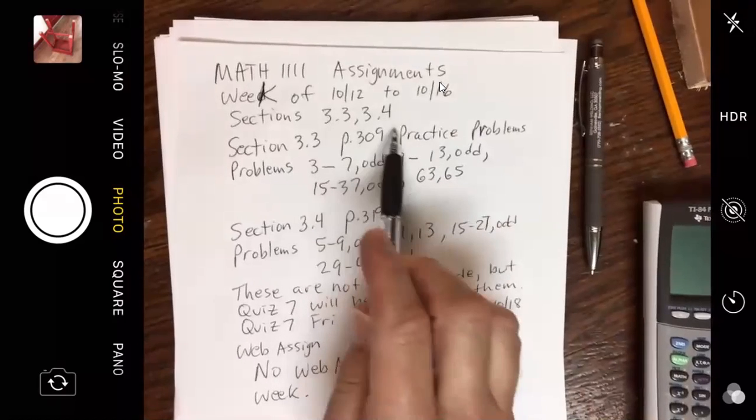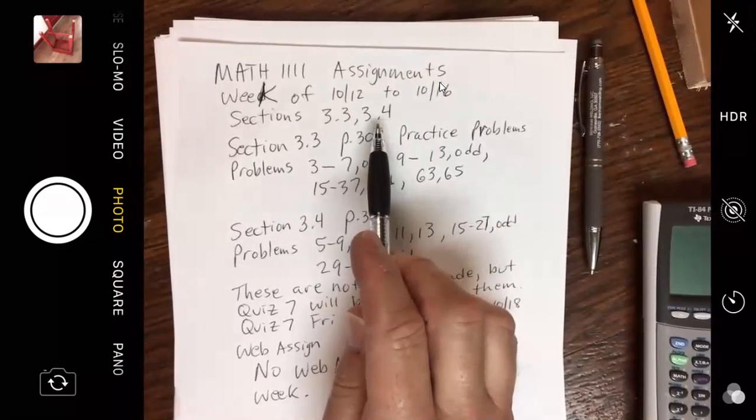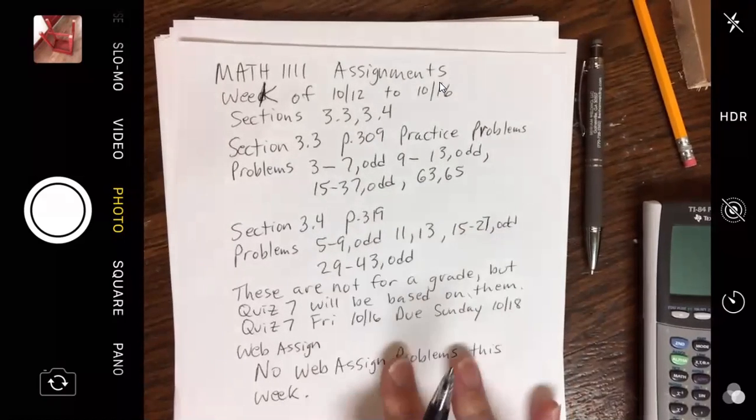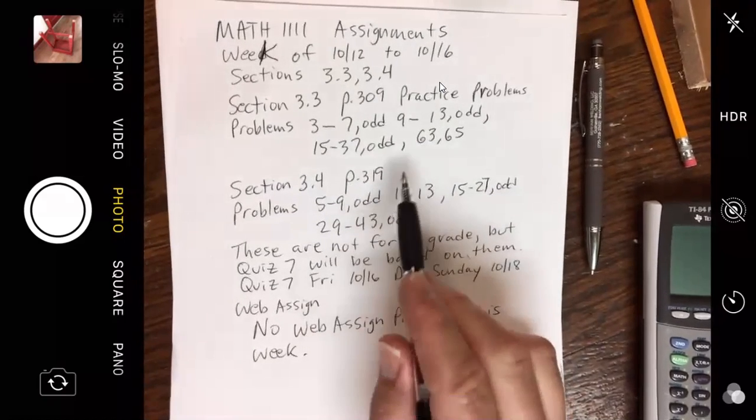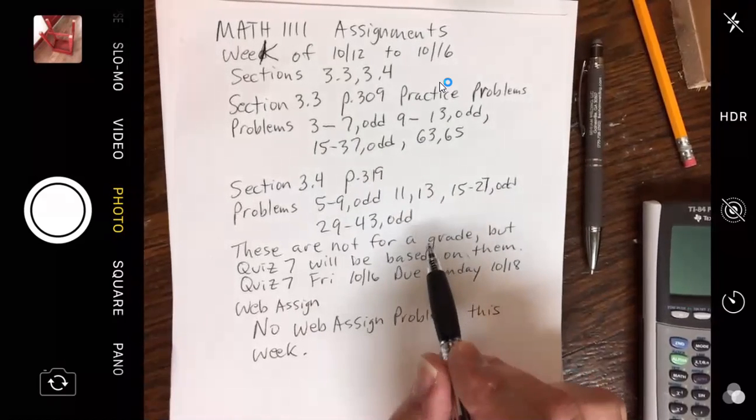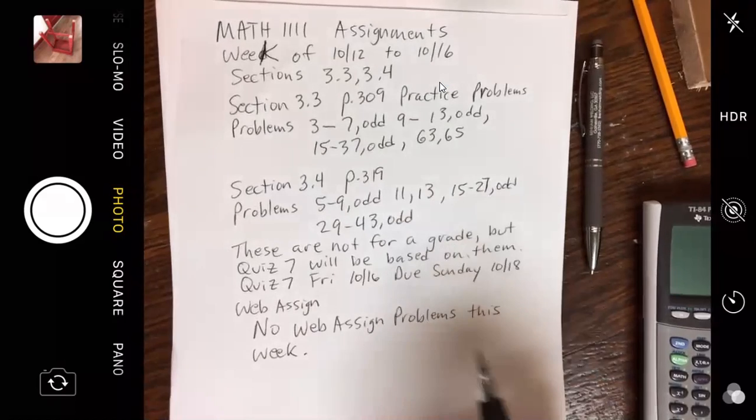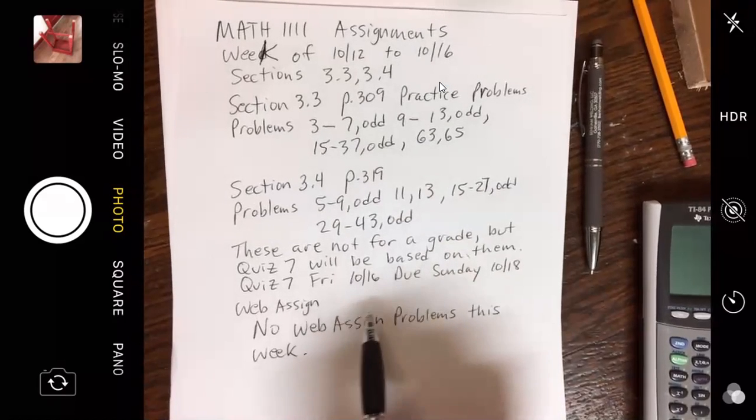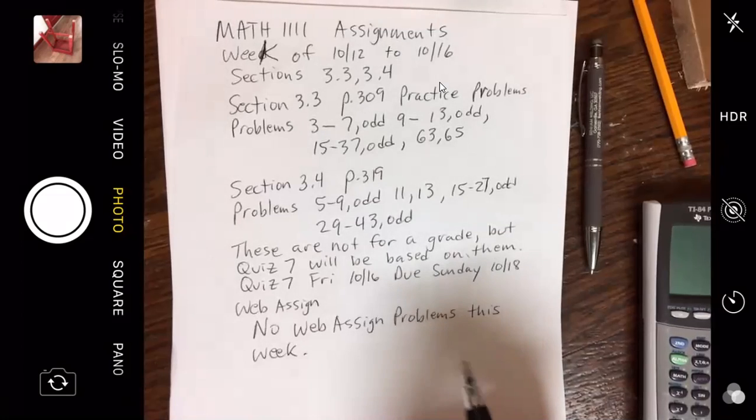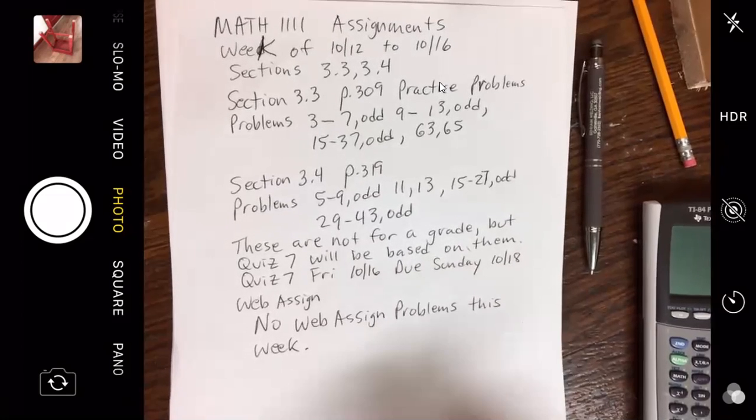We're doing sections 3.3 and 3.4. Practice problems, these sections in section 3.3 and in 3.4, page 319, these sections of problems. Not for a grade again, but quiz 7 will be based on them, and quiz 7 will be on Friday again, due Sunday 10/18. And we did not assign WebAssign problems this week. I know that breaks your heart,